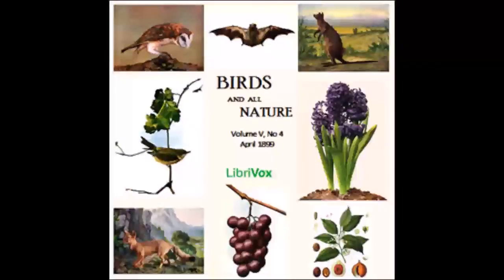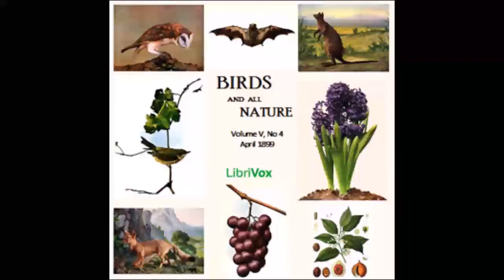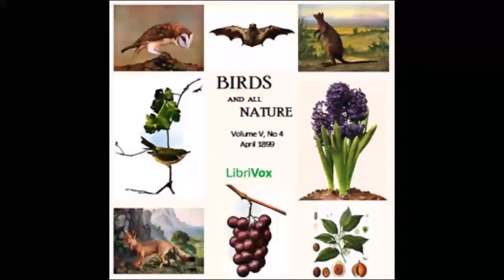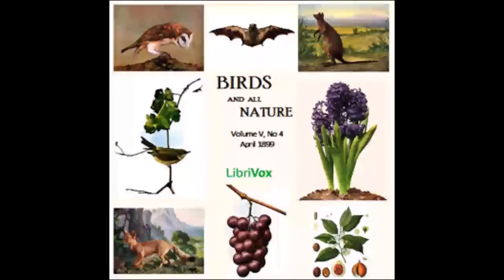The Nashville Warbler. The Nashville warbler, Helminthophila rubricapilla, Linz-Jones. The Nashville warbler is common during the migrations in many parts of the country, but seems to be scarce or entirely wanting locally. Thus in Lorain County, Ohio, as well as in Poweshiek County, Iowa, it is always one